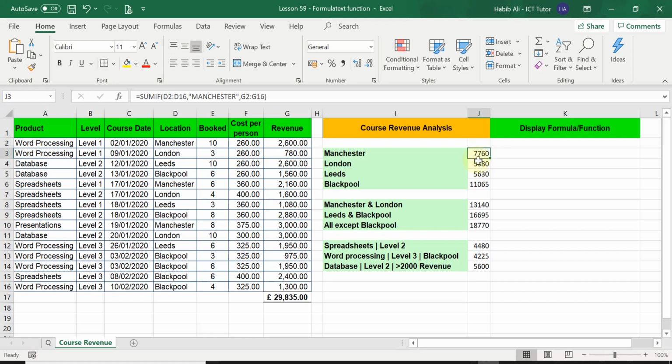The answer is 7760, but I have used a SUMIF function to get this answer. Now normally if I do want to see what function I have used, I need to click on the relevant cell and then look in the formula bar. Similarly, if I need to see this cell's function, I need to click on it and then look in the formula bar. Now with this Formulatext function, we can display the function that was used permanently